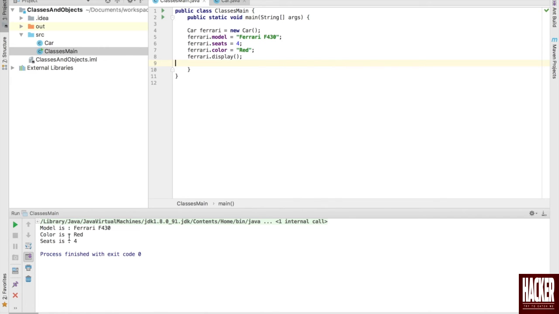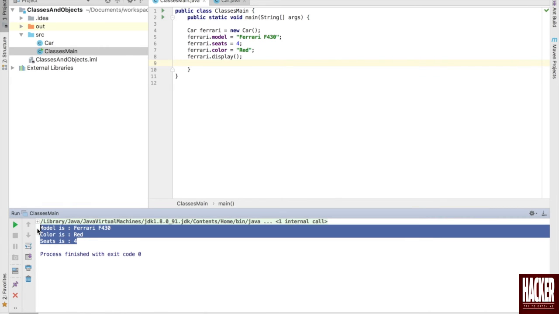And there you go, you see whatever we have assigned over here, okay. Now similarly you can create multiple cars over here. Like car, I can create a Tesla, okay. I'll use the new operator, I'll type in car and I'll assign some values to it, Tesla.